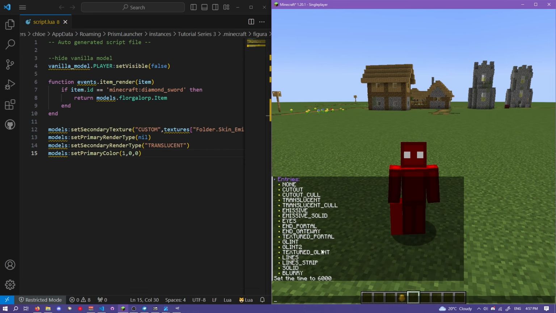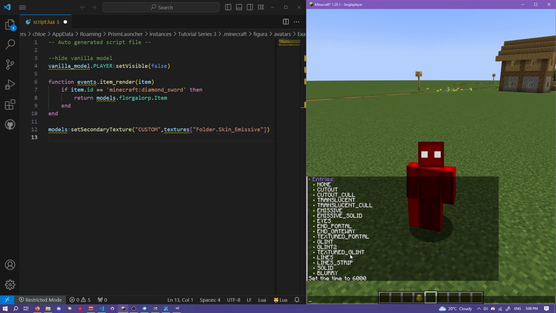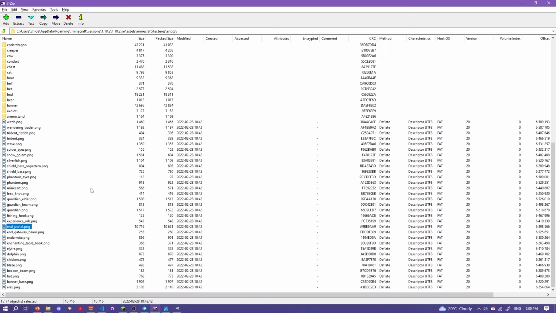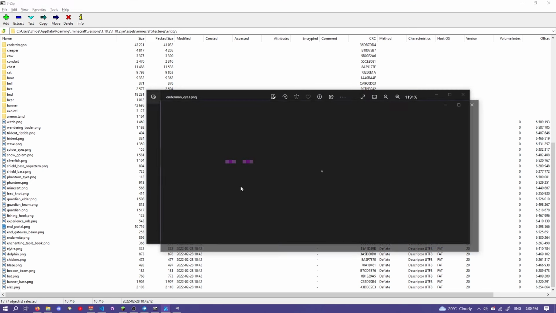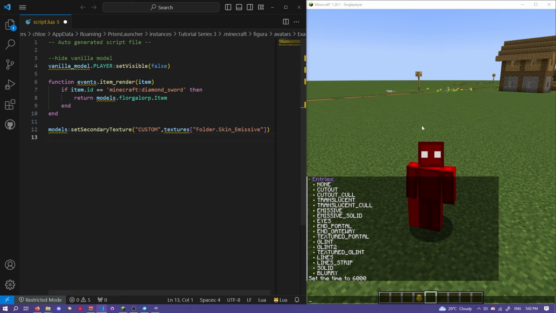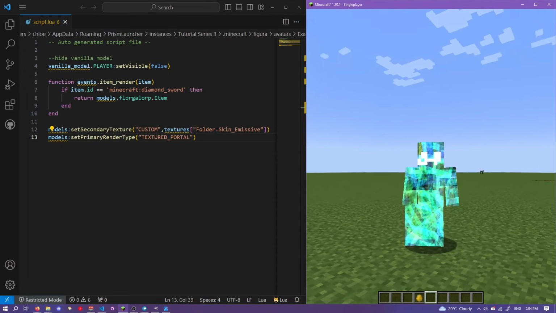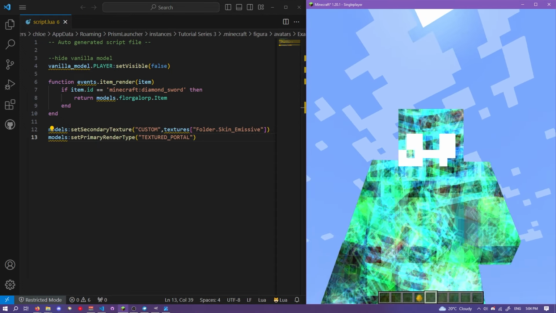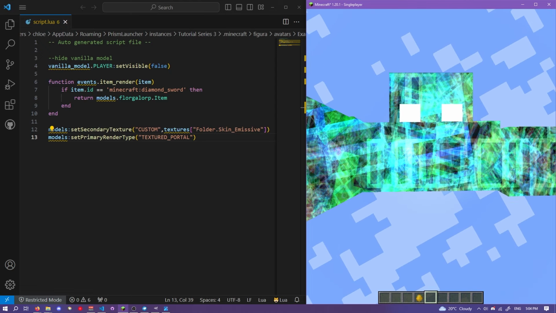Now there's just textured portal and textured glint. What textured portal and textured glint does is it's the same thing as the end portal and the glint, except you're able to customize what texture it uses, which is really cool. So in vanilla Minecraft, the end portal uses this end portal texture. Here's the glint in here. As you're probably guessing, the texture it uses is the same texture that its current render layer is. So you can imagine if I just did textured portal, yeah, it looks pretty weird because this texture is not